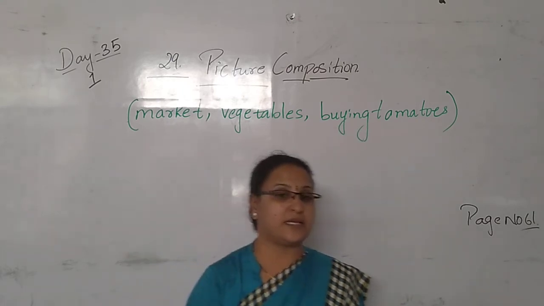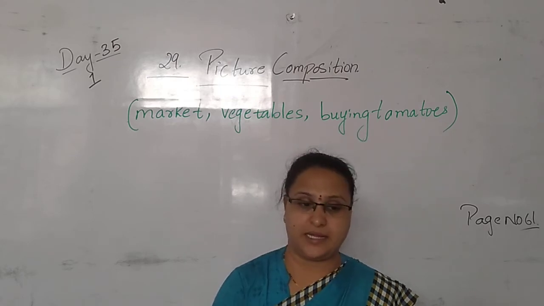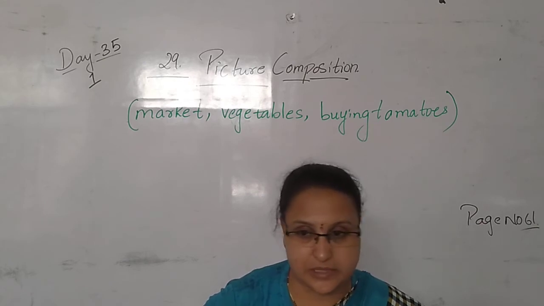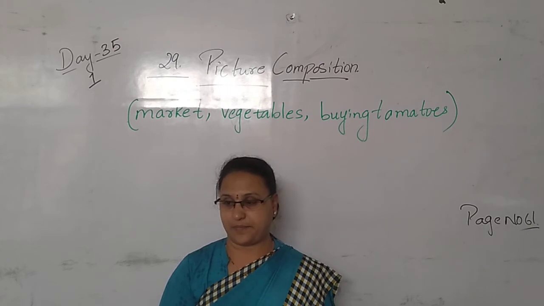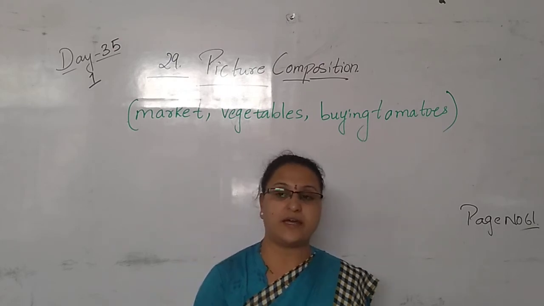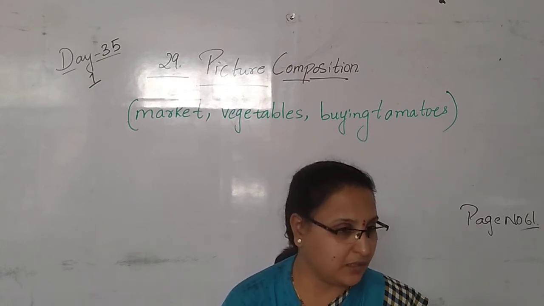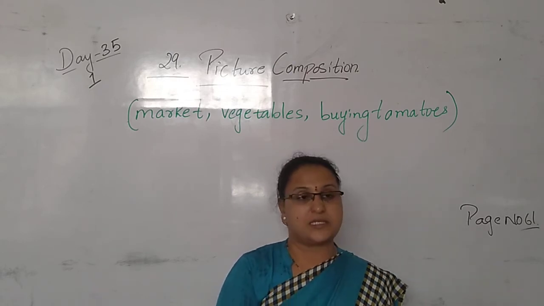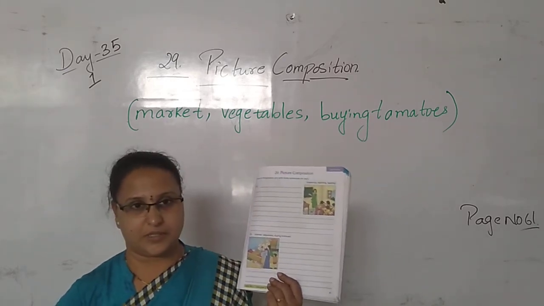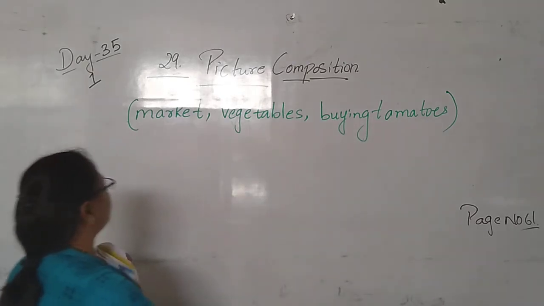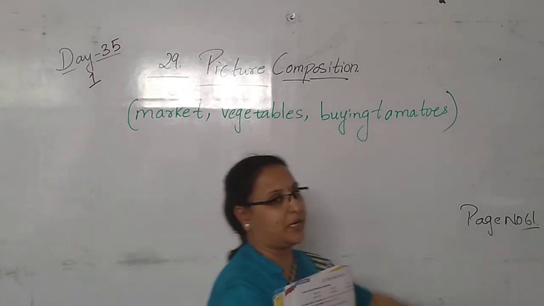We won't buy the things according to their rate. We bargain with them and then we buy some vegetables. Yes or no? We buy some vegetables. Once we bargain with them, we say, reduce it, increase it, and then we buy the things. So here also same like that only, the lady she is buying the vegetables, and they have given the words for children here: market, vegetables, and then buying tomatoes.